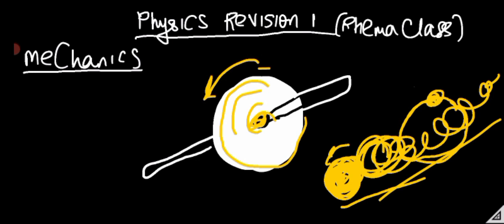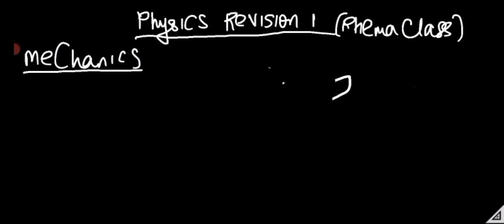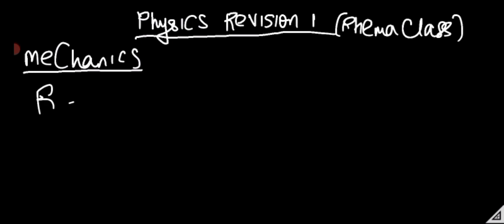Now the next type of motion that we like to explain is called random motion. What is random motion? Random motion is the zigzag unspecified movement of a particle. Or we can say random motion, make sure you are writing this down,